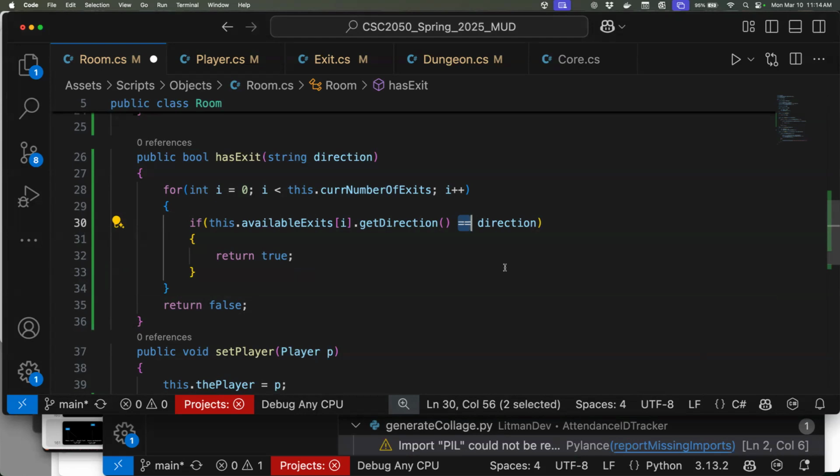But the reason it works is because we're comparing the memory addresses, not the contents. Every single time we created a direction, we didn't say new memory. We said, oh, this is to the north, this is to the north, this is to the north. All those norths point to the same single memory address,